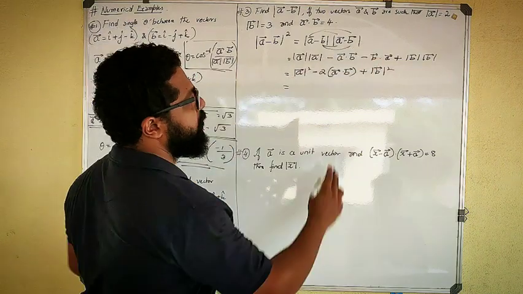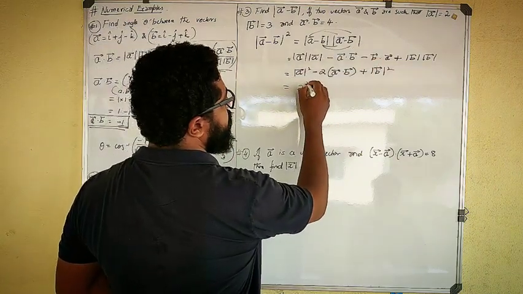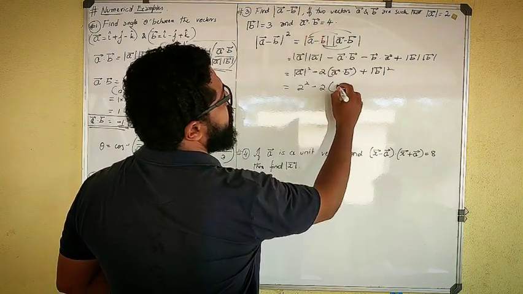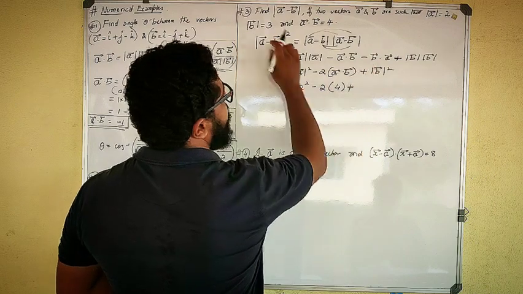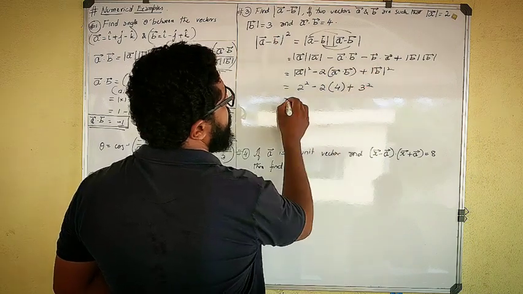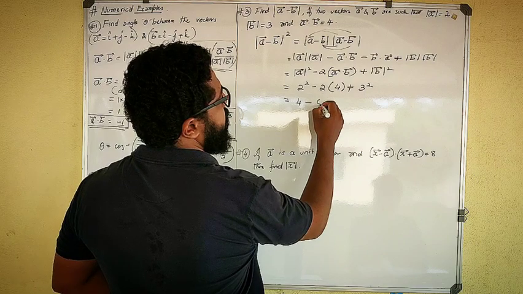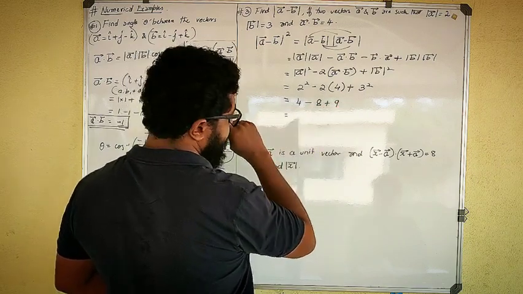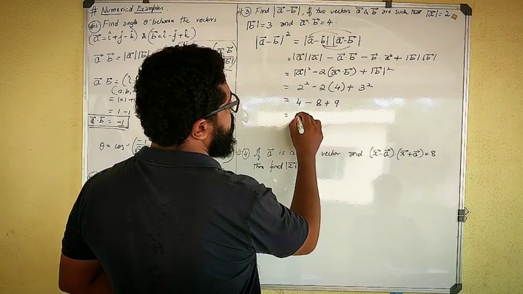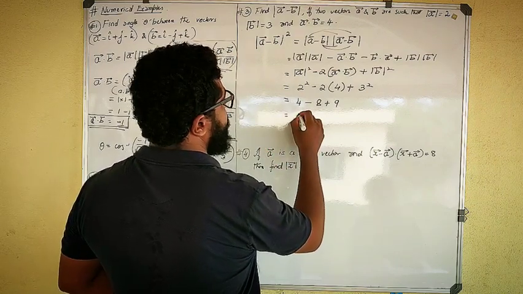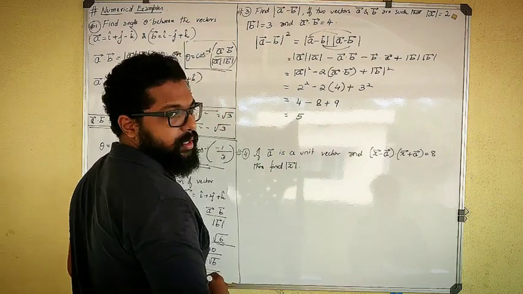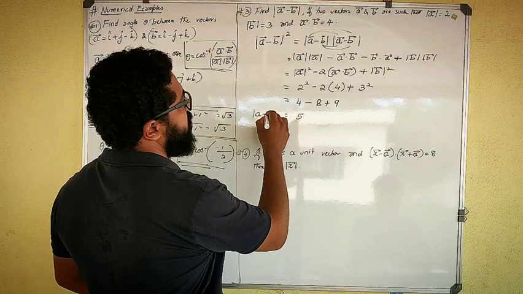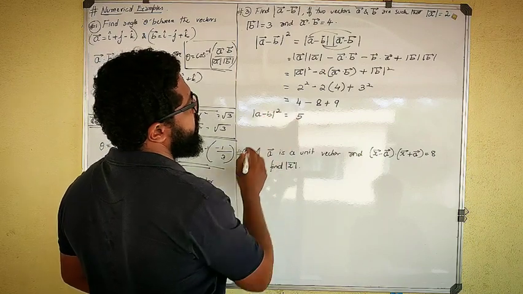So the magnitude of A is given to me, that is 2. Then the square is there, 2 square is 4. A dot B, is it given? Yeah, A dot B is given to me, that is 4. Magnitude of B is also given to me, that is 3. So 4, then minus 8, then plus 9. Then this is how much? 1, 5? No? Sorry. Yeah, 5. Correct? 4 minus 8 will be minus 4, and plus 9 will be 5. A minus B whole square is 5.